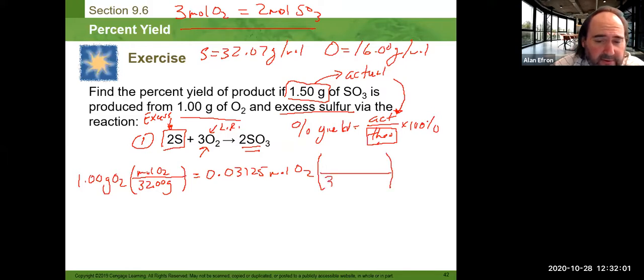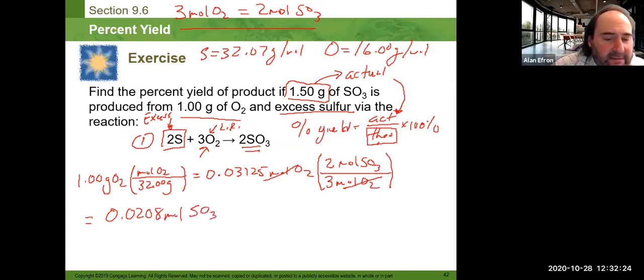We put the moles of O2 on the bottom so they cancel, and moles of SO3 on top. If we multiply by 2 divided by 3, that's going to give us something like 0.0208 moles of SO3. This is technically our theoretical yield